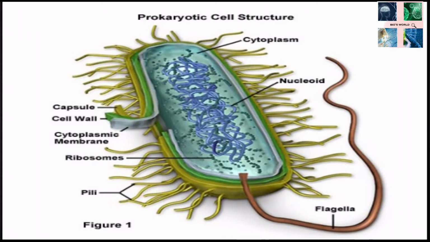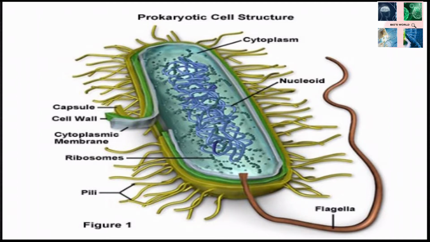Now about its cell structure. They are single-celled organisms. That means each bacterium is made up of only one cell. This is very different from humans. Bacterial cells are much smaller than human cells. It can measure about 1 to 10 micrometers long. Most of them are only about 1 to 2 micrometers in diameter.